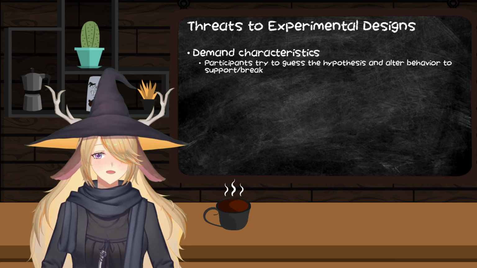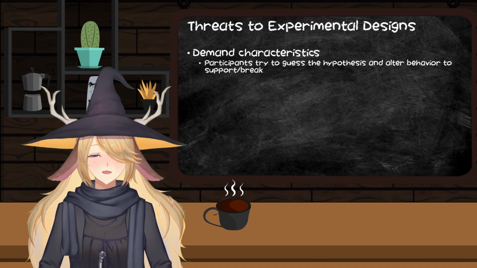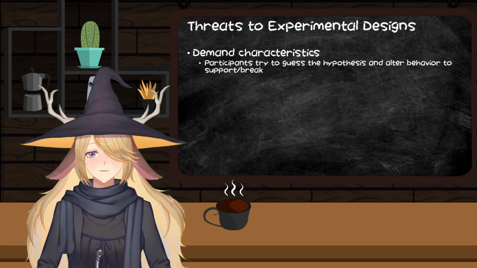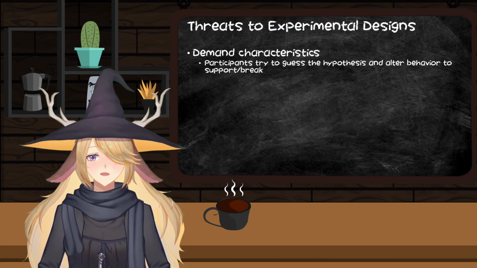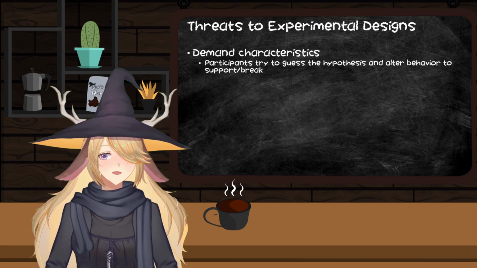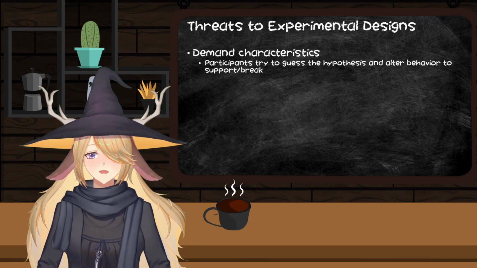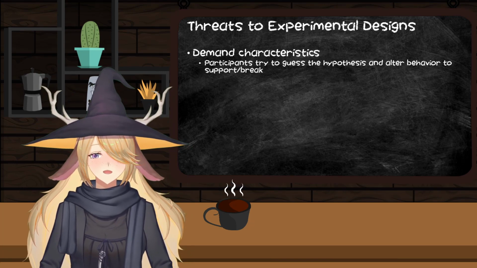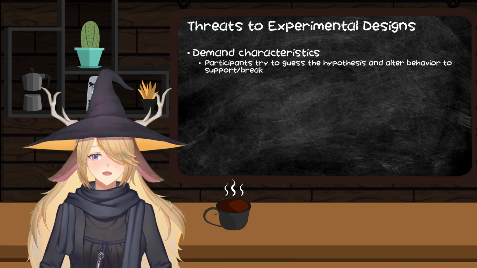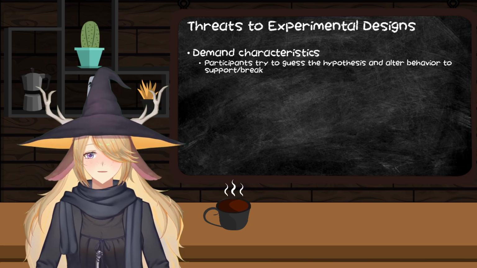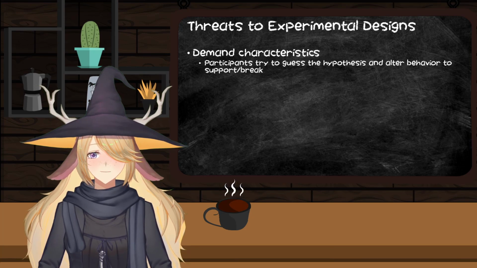So in this case, let's go back to the hot sauce paradigm. They might realize, and maybe they've read a paper that says, oh yeah, this is a common experimental thing that people use to measure aggression. So they might say, well, I don't want to be aggressive. Or the experimenter is so nice and so beautiful and her antlers look great today, so I am going to give her the data that I think she wants.